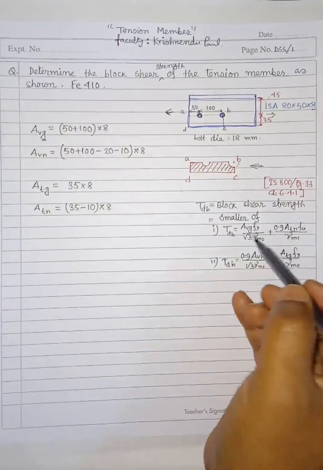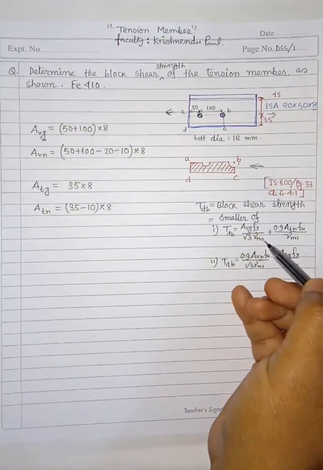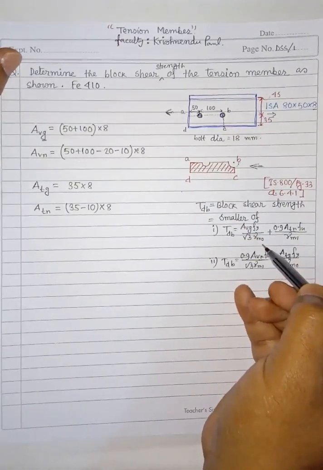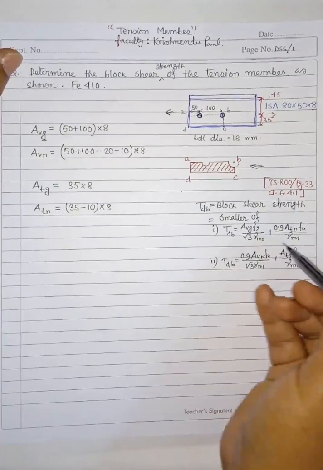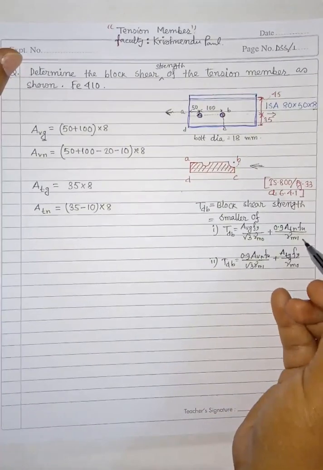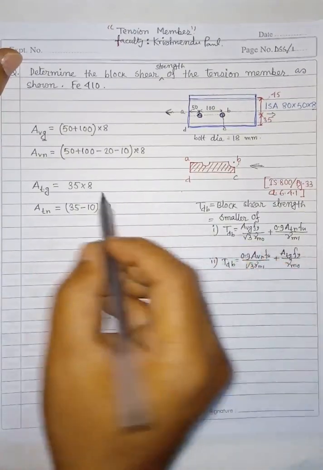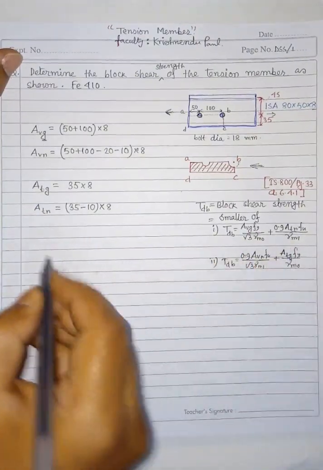Whenever there is yield strength, you have to use a factor of safety of 1.10, and in case of ultimate strength you have to use a factor of safety of 1.25. Now if you put these values in these equations, first one